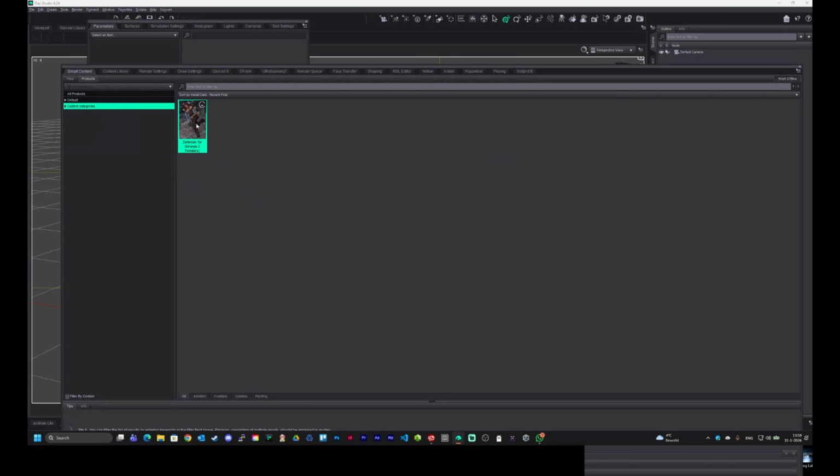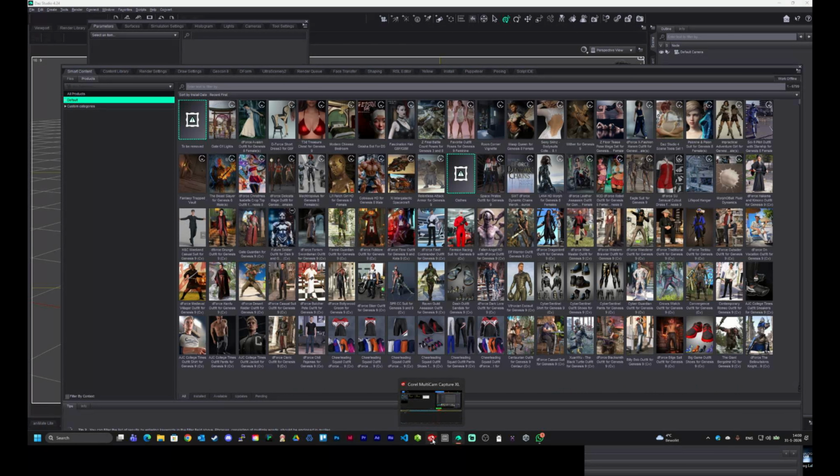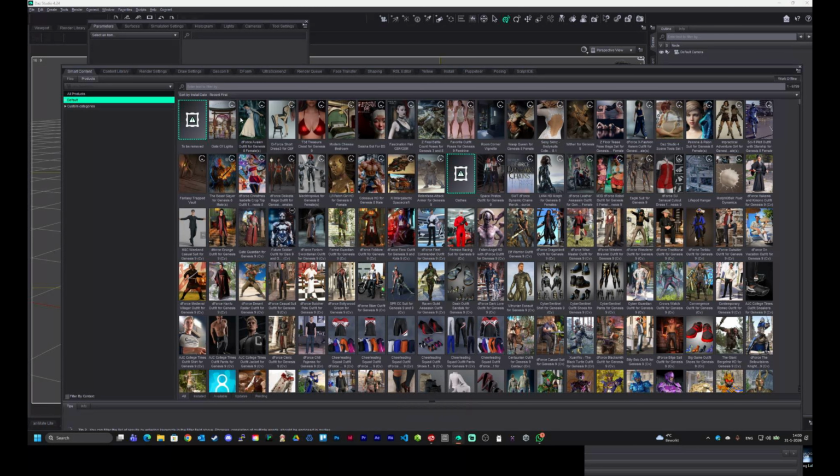and I'll go back. I cannot add the full product as it is. If I go here and I'll just wait for a second until everything loads. As you already saw, I have quite a large number of assets. And it even seems like my system's slowing down because of the recording. If I click this one, for instance, I cannot add it to a category. All right, so I can open it